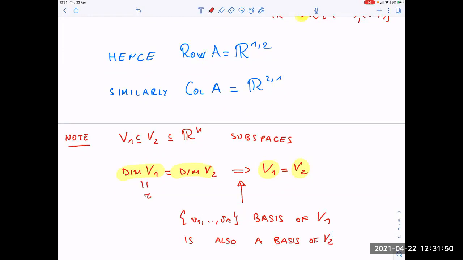So r is the dimension of V1, but also the dimension of V2. So these elements, which are linearly independent inside V2, are also a basis, and they generate all of V2, and so they are equal. Okay, now let's go back to our exercises